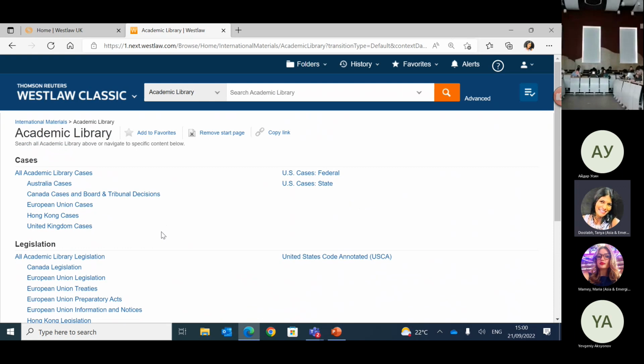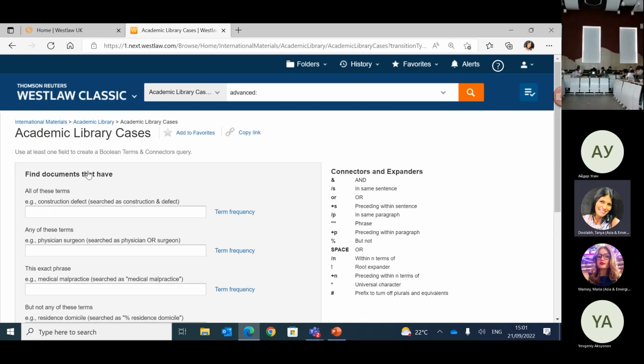Now, here again, very straightforward in terms of accessing content. So take, for example, you require certain information from any of the content that's here. For example, say you want to look at case law only. So if I go and I select academic library cases, it's searching my US cases, it's searching cases in other jurisdictions as well. Okay. And if I go in and I type in here, patent infringement,